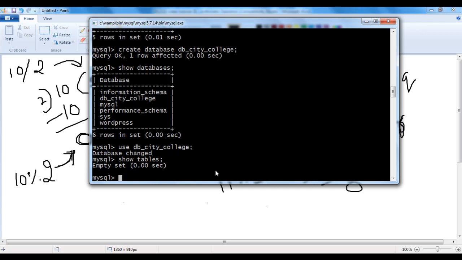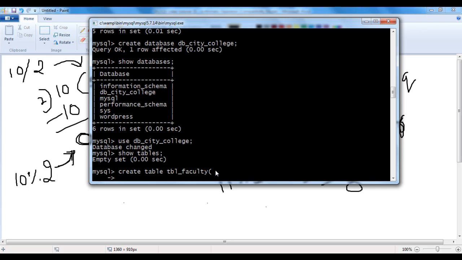Let's create the tbl underscore faculty table. How do we create a table? We say create table. Then we write the table name. I say here tbl underscore faculty opening bracket, hit enter. Then we write the list of column definitions separated by comma. Faculties are going to have ID. So the first column name will be ID. Data type int, size I mentioned 11.